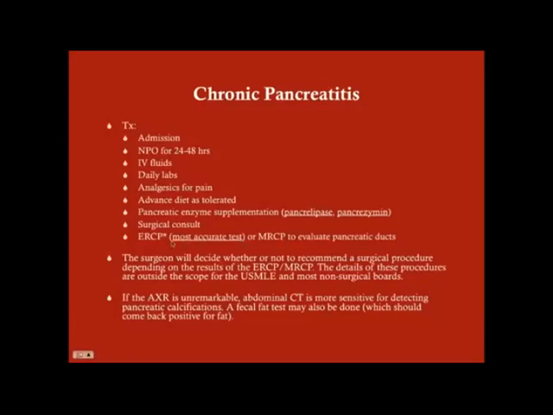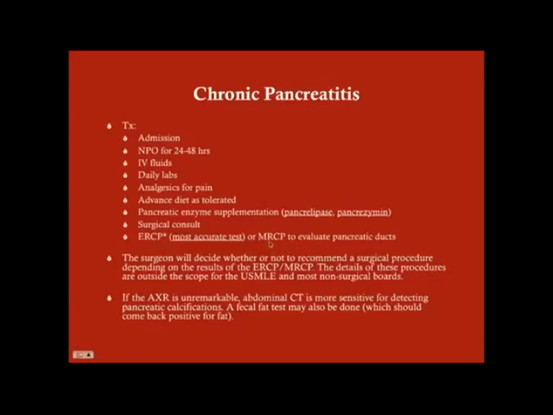ERCP is the most accurate test for chronic pancreatitis. So I know Step 2 often likes to throw at you which of the following is the most accurate test in the diagnosis of this patient. Well, ERCP is the most accurate test to diagnose chronic pancreatitis because it gives you a visualization of the ducts. So that is the most accurate test. However, ERCP is falling out of favor to MRCP recently